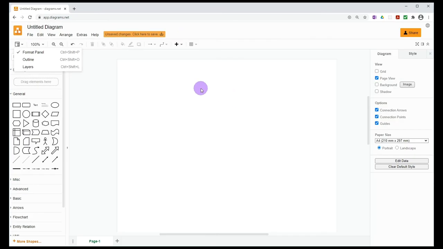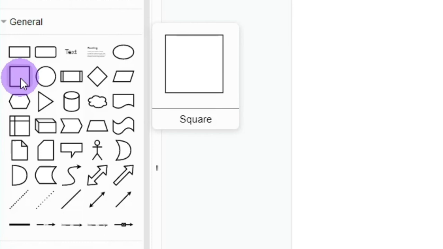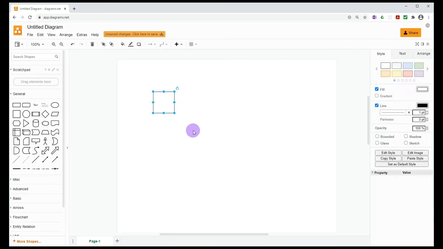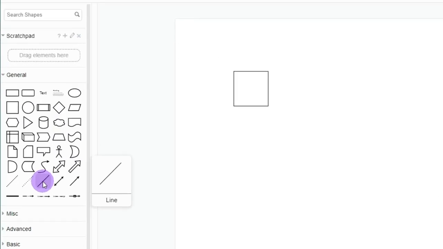Right, so the purpose, as we said, was to develop skills with wireframe design. So let's start off with the annotation that's used for wireframe design. The one that could cause you some problems with Draw.io is creating the icon that represents an image. So go into your general toolbox here and click and drag out and place a square onto your canvas. Click away from it so that it's not highlighted, and then go back to your general toolbox